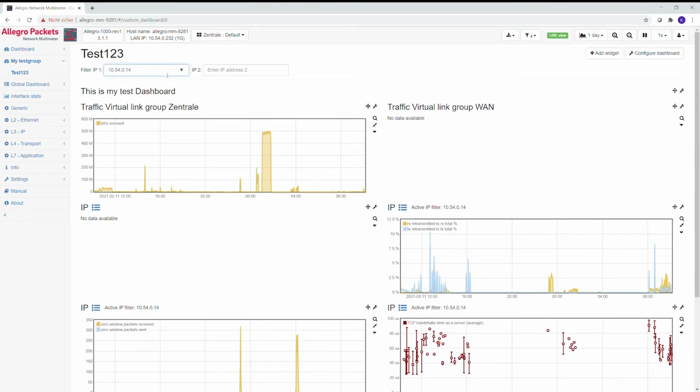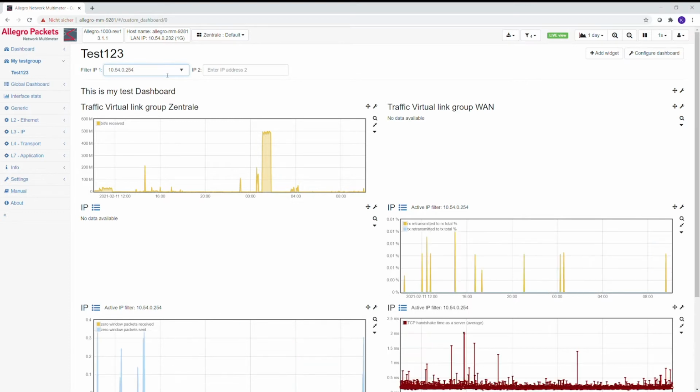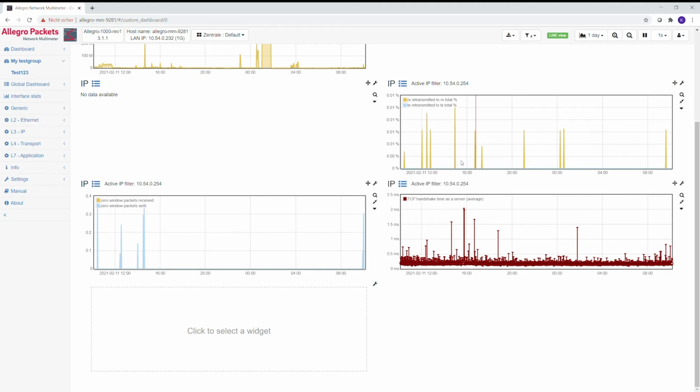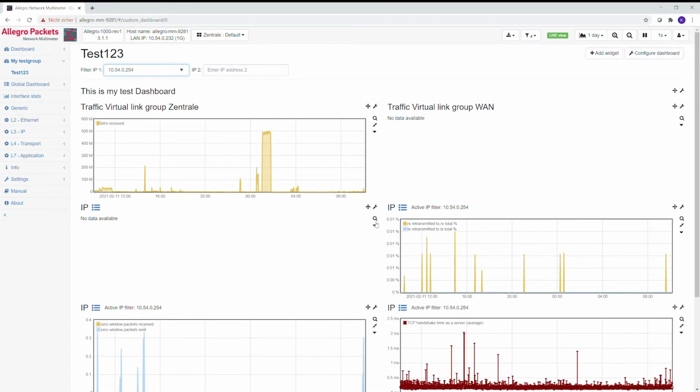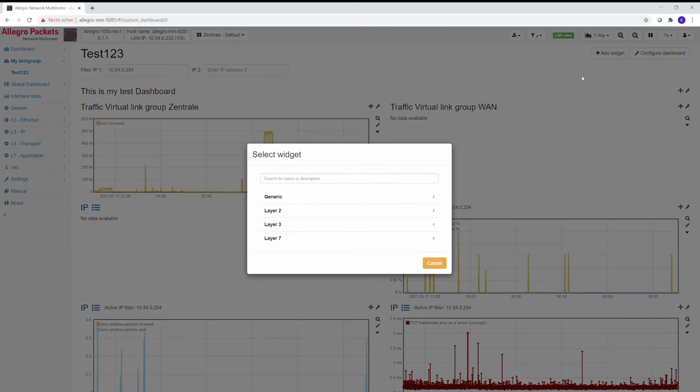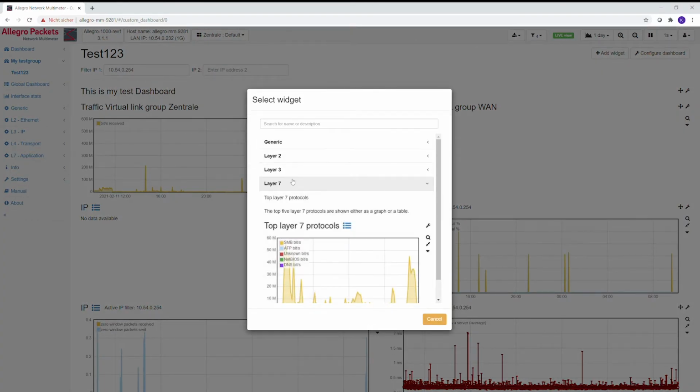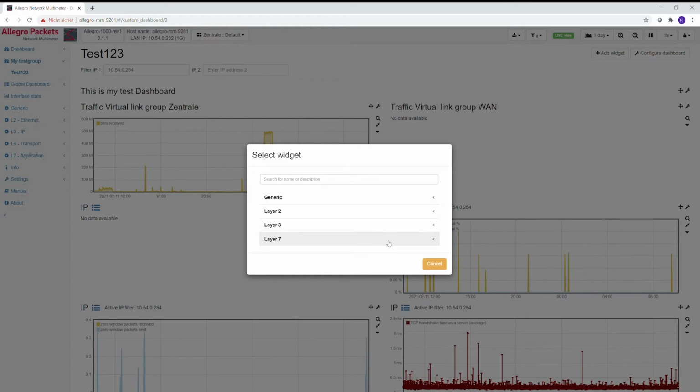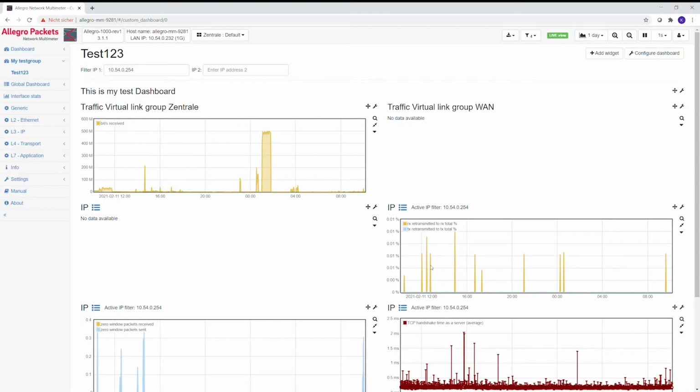If I use another one, let me, for example, look for that. That's another server. Then I can see immediately the same dashboard for other IP addresses. So this dashboard helps a lot to give you an overview over multiple layers. So we could add here a new widget, and then we have here more widgets that we can show, and we are already planning to introduce more and more widgets with the next release. So this as a brief overview of widgets.